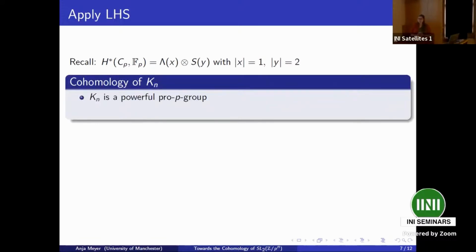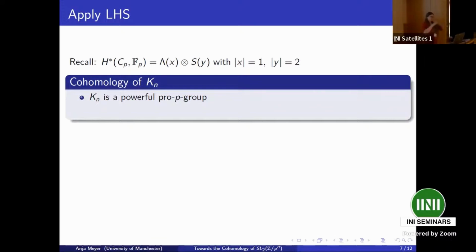Now, here comes a little bit of finite stuff happening. Disclaimer, I only do finite groups, but this thing actually uses the theory of profinite groups. Every finite group can be seen as a profinite group with respect to the constant system. So we are on a technical level up to the group. And it can be shown to be a powerful pro-p group. The powerful is the key thing. What it roughly means, I'm not going to bore you with any of the details.